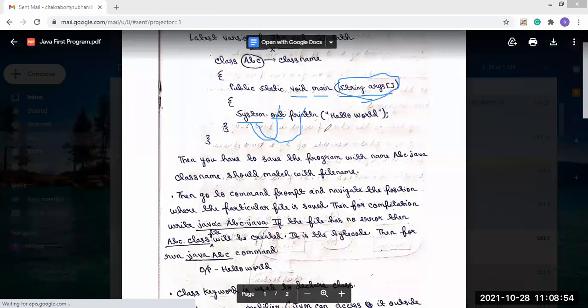That's why we use System.out.println, and this Hello World should be there. Then if we use this, Hello World should be printed.